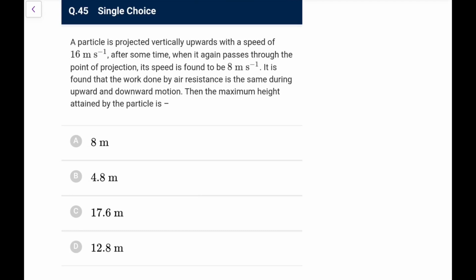A particle is projected vertically upward with speed 16. After some time it again passes through the point of projection. The speed reduces to 8. That means there is a resistance, upward and in downward motion. During upward and downward motion, it is found that the work done by air resistance is the same during both. Then the maximum height attained by the particle is...